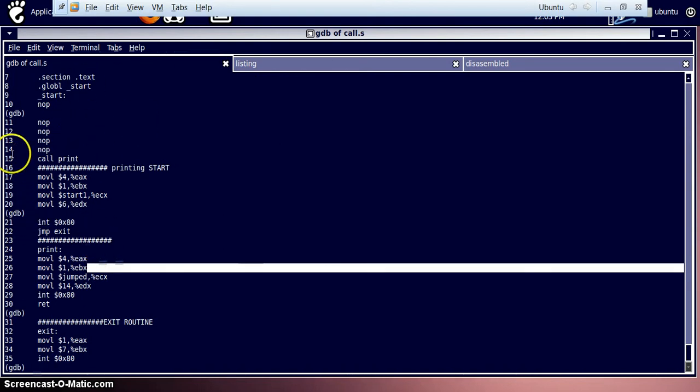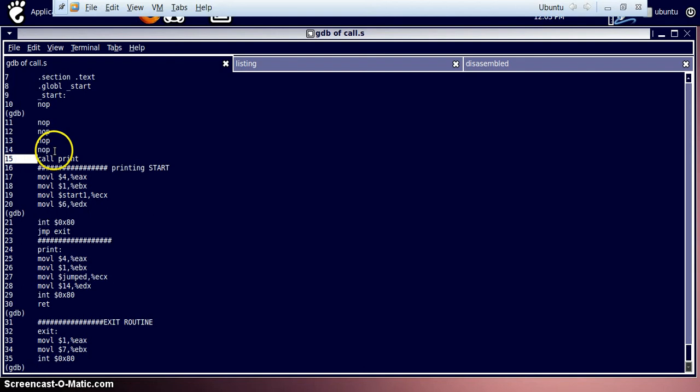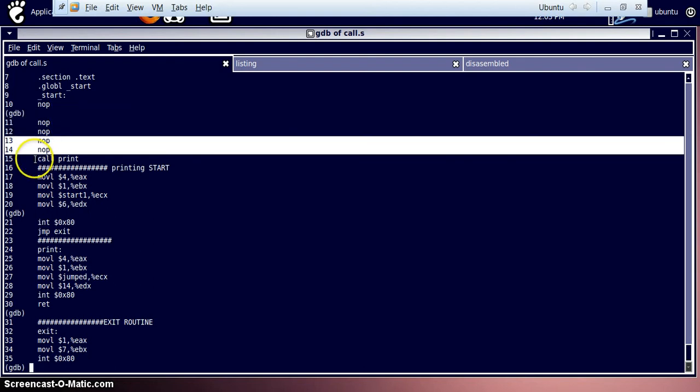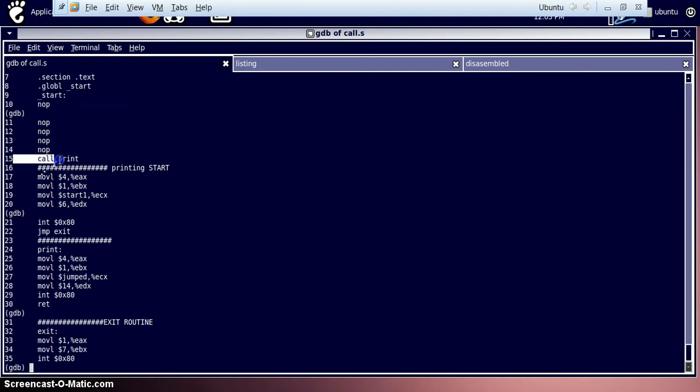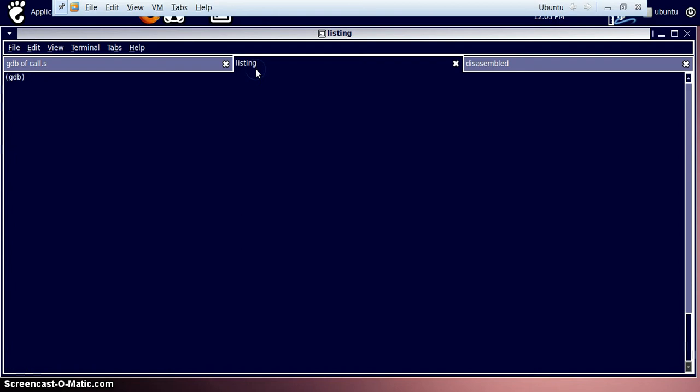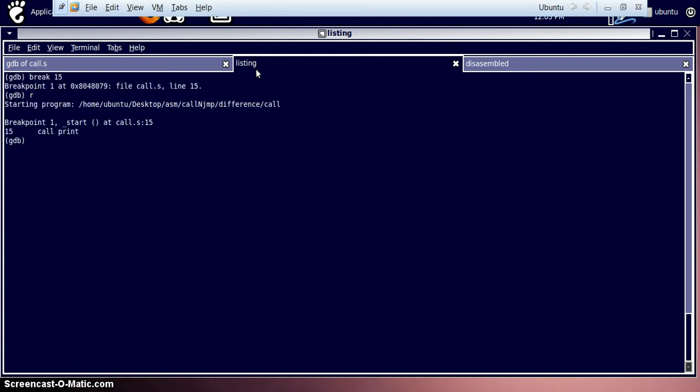We halt at line number 15 because there is nothing before this line, there are only no operations. So we create a breakpoint at line number 15 and run the program. The program has stopped before line number 15.